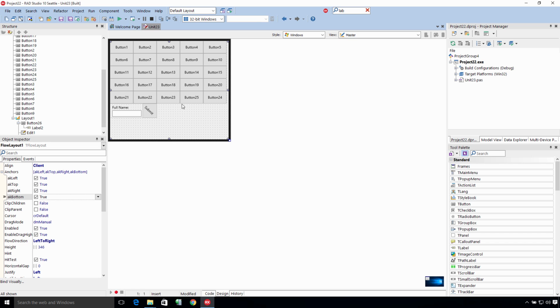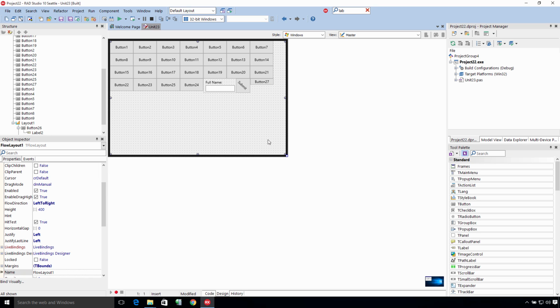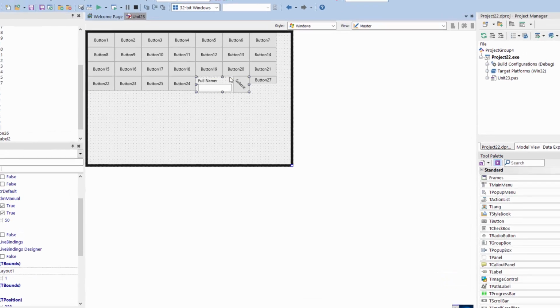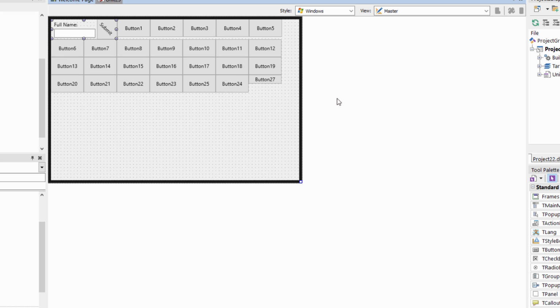Now, the way this works is as you add new controls, so add a new button here to the flow layout, it gets added to the end of the layout. And then when I resize this, that's how it goes there. So now, if you want to change the order something is, you just select the control and change its Z order. So we do this, we'll say send it back, and that put that up there on